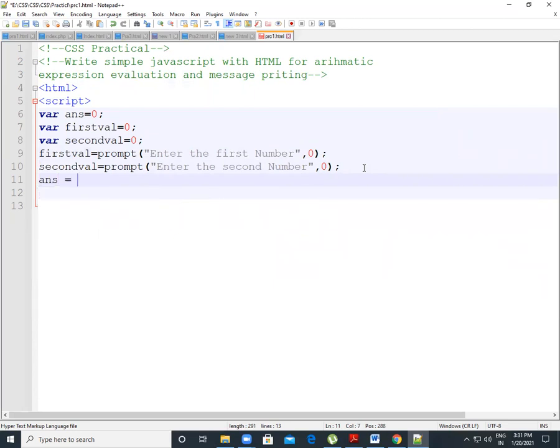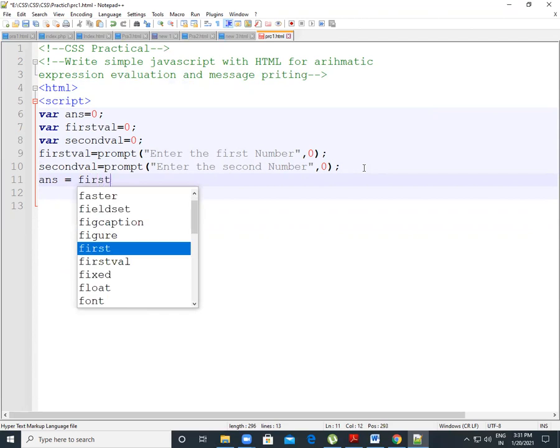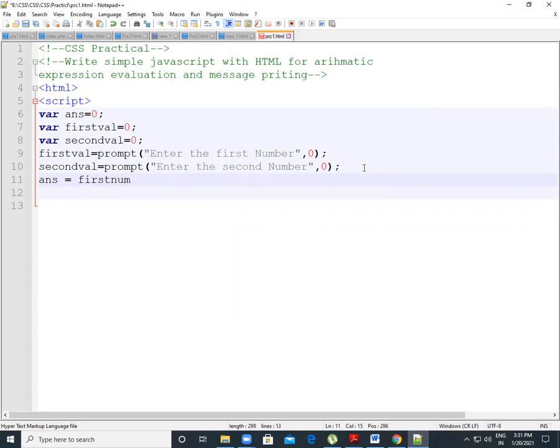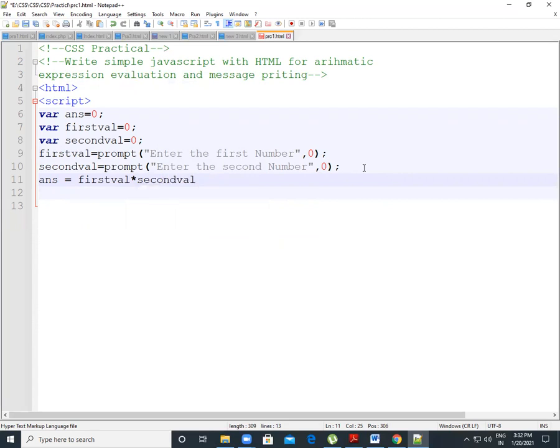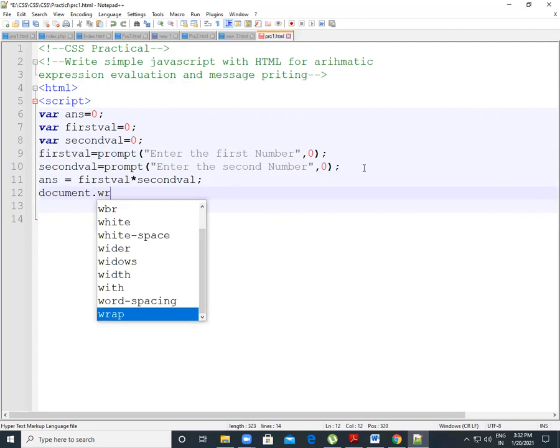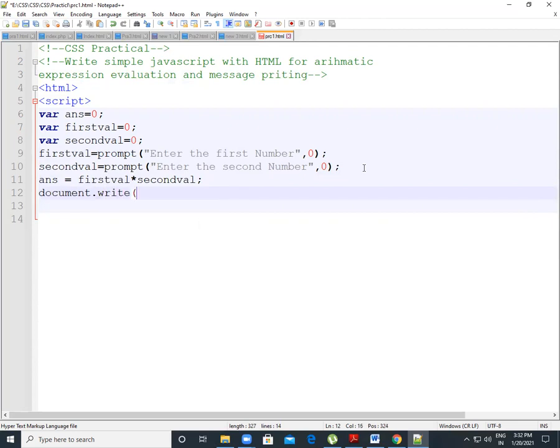Now let's multiply these two numbers which we got from the user. When we get those values, we multiply first value and second value. Now we have to print our result, our answer, with document.write.